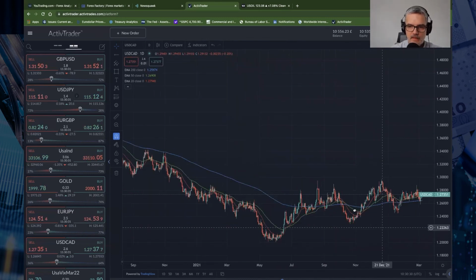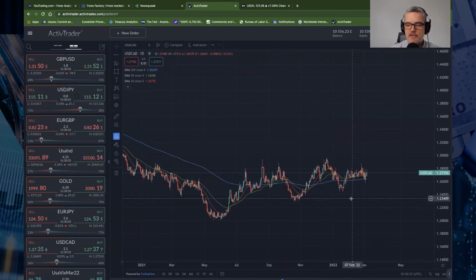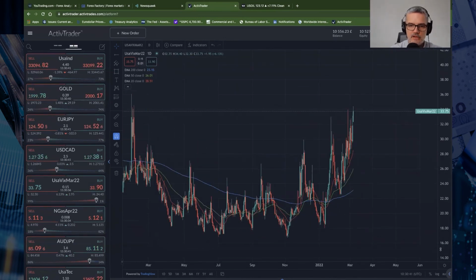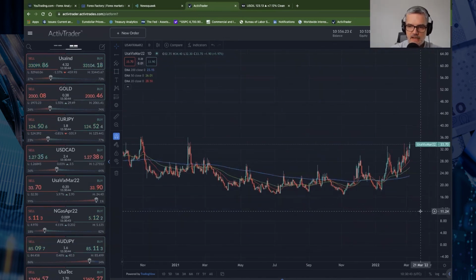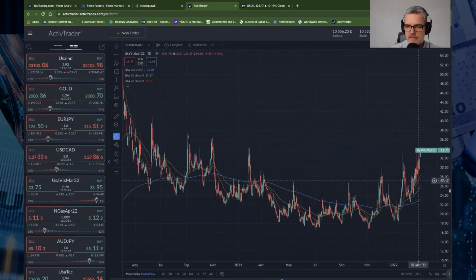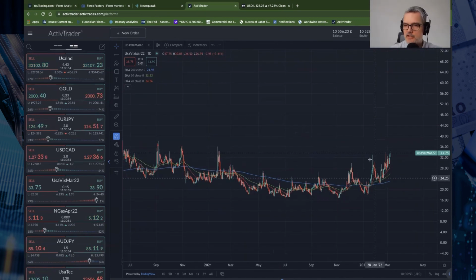Dollar CAD is probably going to go sideways because of the flows into the dollar and into the Canadian dollar for two different reasons. Now, what we need to be aware of is the VIX, the volatility index, obviously at elevated levels now, similar to January 2021. The ranges expand and stops get taken quite quickly when it's this volatile.